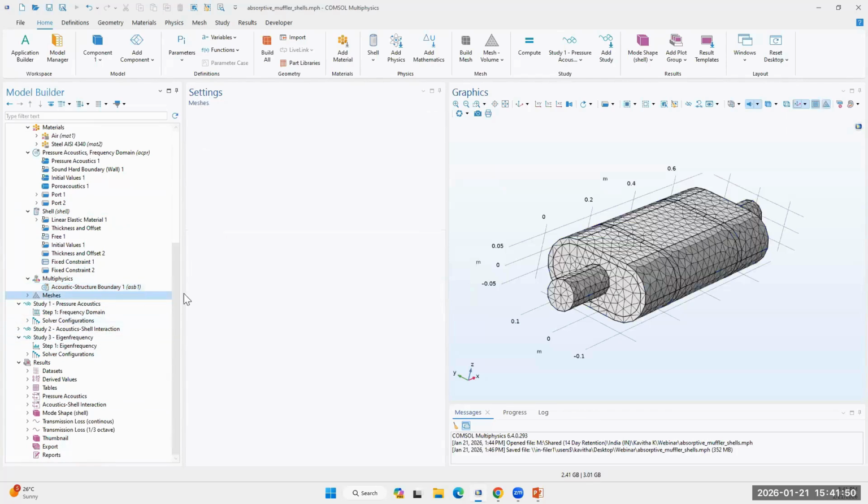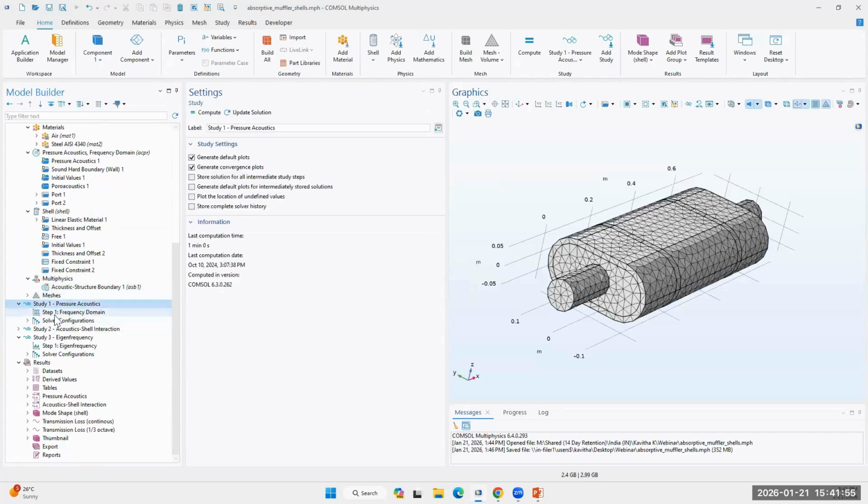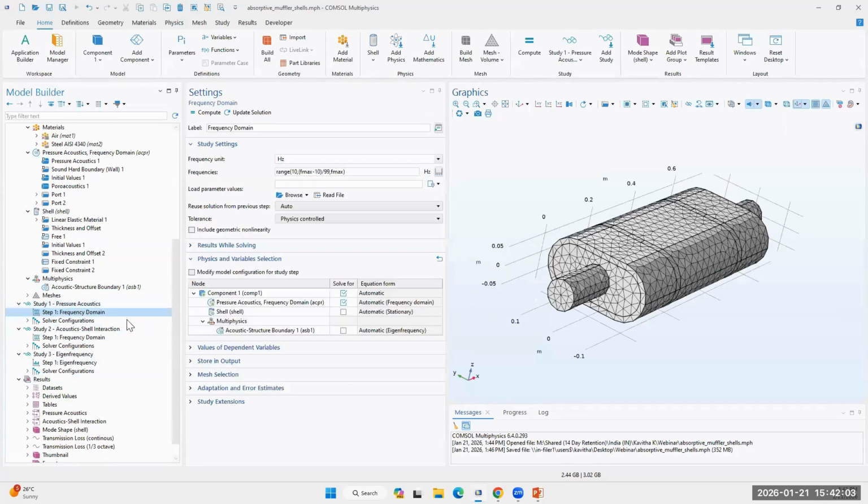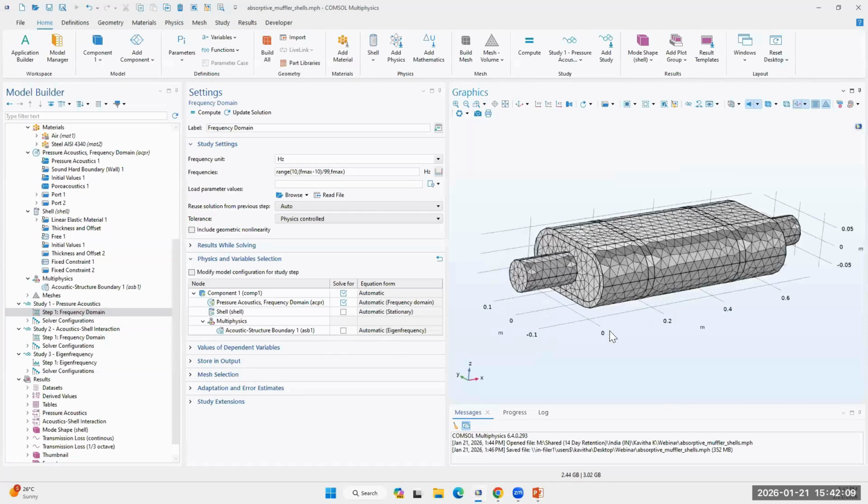After adding that, you mesh the geometry. And once you mesh the geometry, we need to set up the study. Here you can see three types of studies that are performed. First is the pressure acoustic study in frequency domain, where we do not include the shell physics or